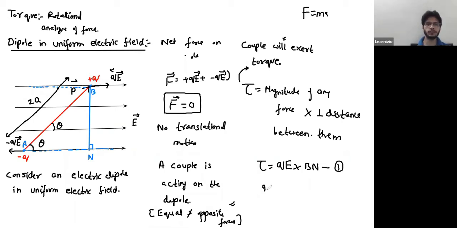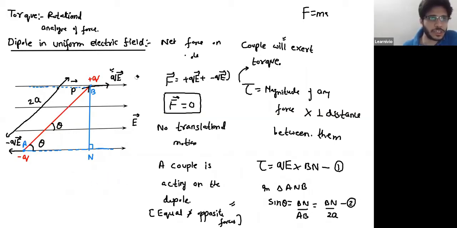So if we consider triangle A and B, in this triangle, what is sine theta? Sine theta is perpendicular upon hypotenuse. It's BN over AB. So BN is the perpendicular and the hypotenuse AB is 2A. So from here you can calculate BN. We substitute equation number 2 in 1, then you will get that your torque is force QE times